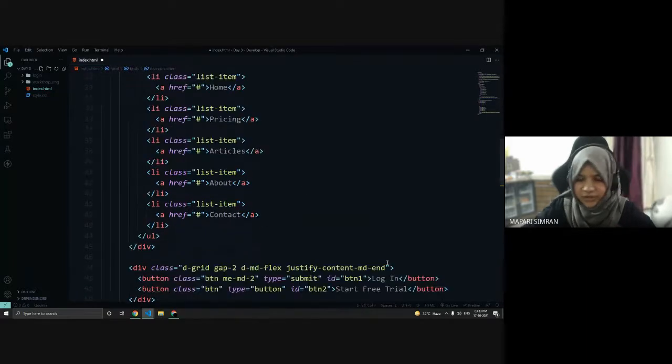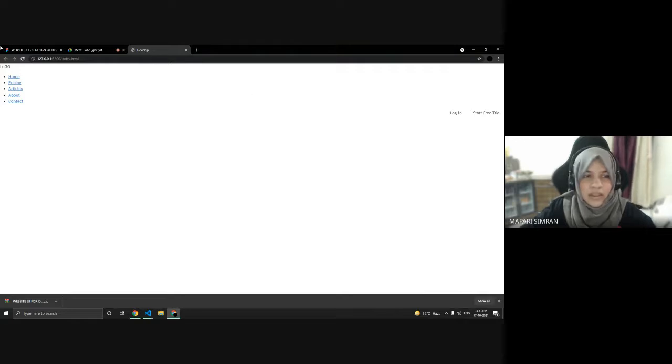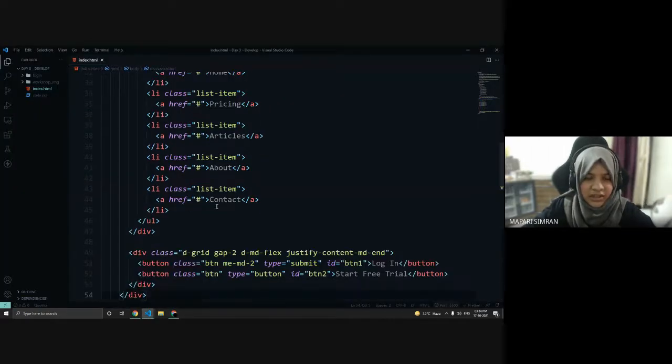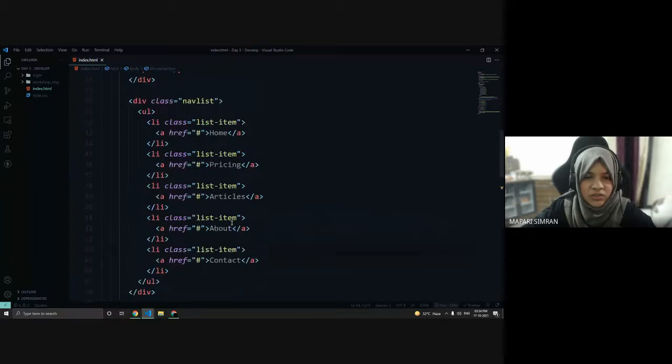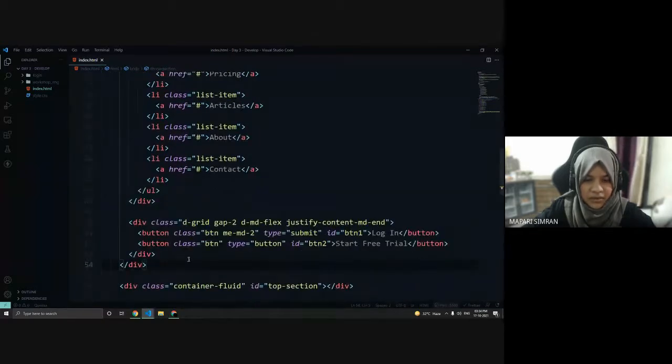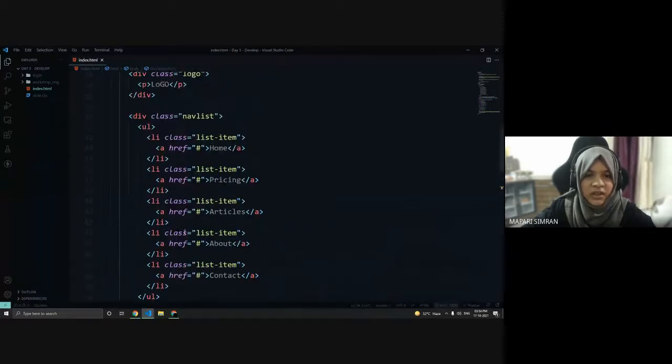You will see Go Live here, and we can go live there, and you will see this logo, home, pricing, articles, about, contact. These are the two buttons. I've removed that blue color from that because we don't need that blue color, right? So I've already written here login, start free trial. So this is our nav section.